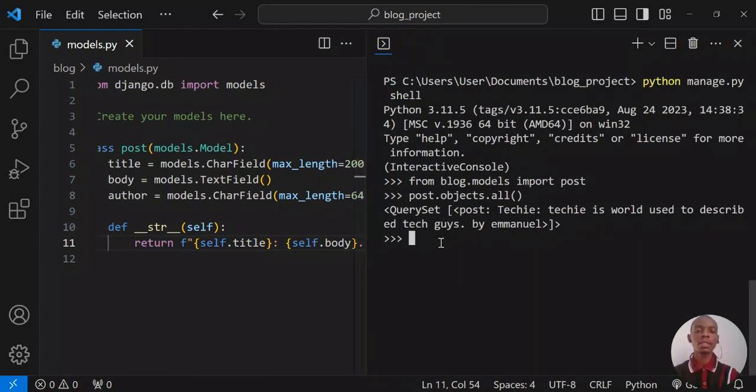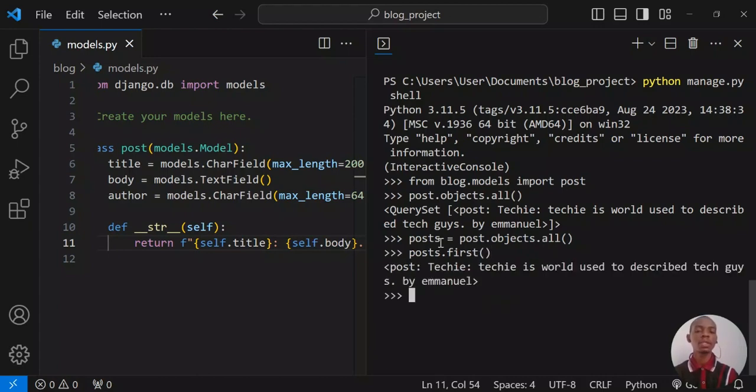So I can say something like posts equal to Post, I think this has to be plural, Post.objects.all, and then I can say posts.first, which is to get the first element in the list for me. So once I strike enter, you see now that it returns the first one, which is no longer in the